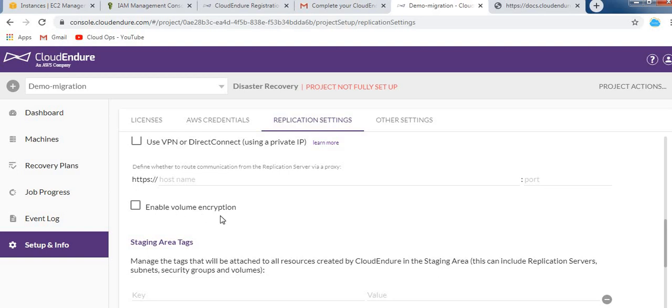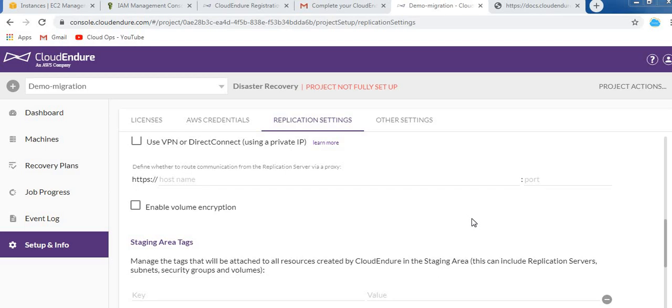Here is one more option, if you are enabling encryption for migration from on-premise to AWS cloud, or from any other cloud to AWS cloud. If you want to encrypt your data in migration, it will use the AES encryption method. If you want to enable that, then select this. But remember, guys, if you select this option, your data migration will be slower. It will do the encryption and then migrate the data, so the process will be slow compared to other migrations.